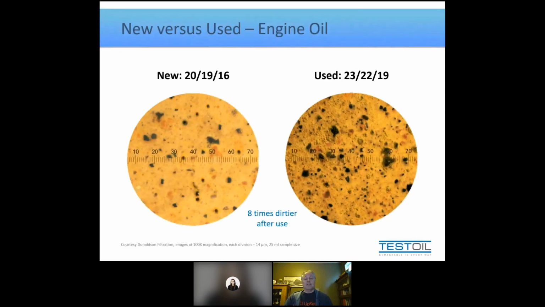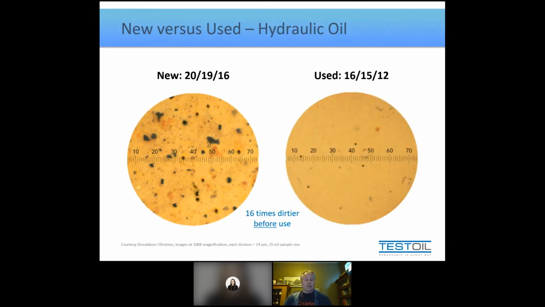Now consider this. Imagine you have a running hydraulic system and you go to your best container that you've got in your lube room. You know, the newest drum of oil, the one that's not even opened yet, it hasn't had a chance to contaminate with the atmosphere, it's been stored properly, it's clean on the outside because you've got good housekeeping practices. No matter how many things you can think of that are right about this drum, no matter how many things you can think of that would indicate the drum is not any further contaminated than the day you took initial delivery of it, this is my point. It is still going to be 20/19/16, and you're about to pour it into a running hydraulic system, which is probably 3, if not 4 ISO codes cleaner.